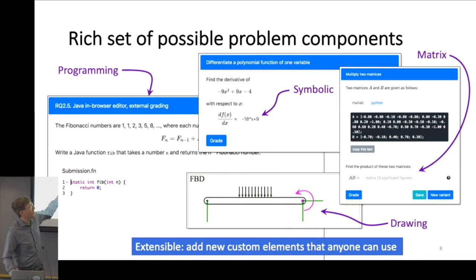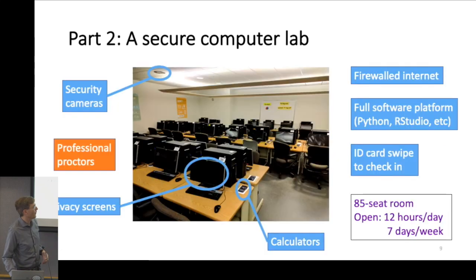So piece one is being able to express the kinds of things that we want to evaluate through a computer. Piece two is a physical space. We took over a cluster and made it into our computer-based testing facility. This is the main room that we're running now. It has an 85-seat capacity. It actually has 90 machines in it, so that if some break,